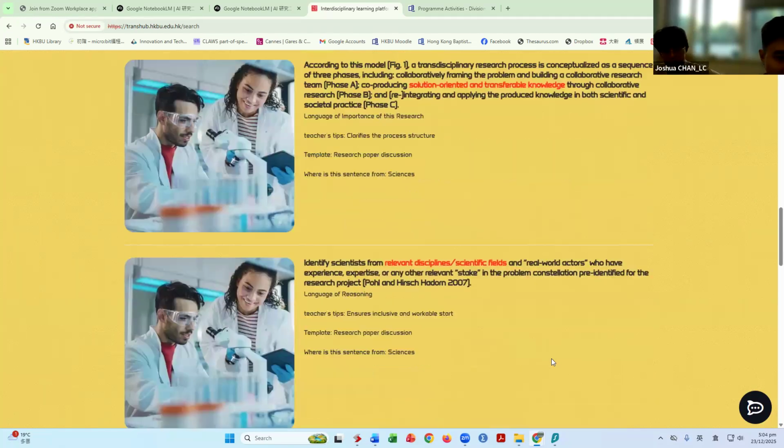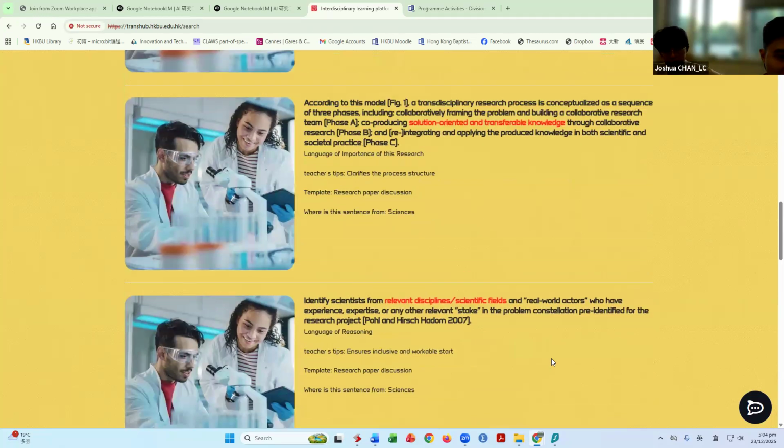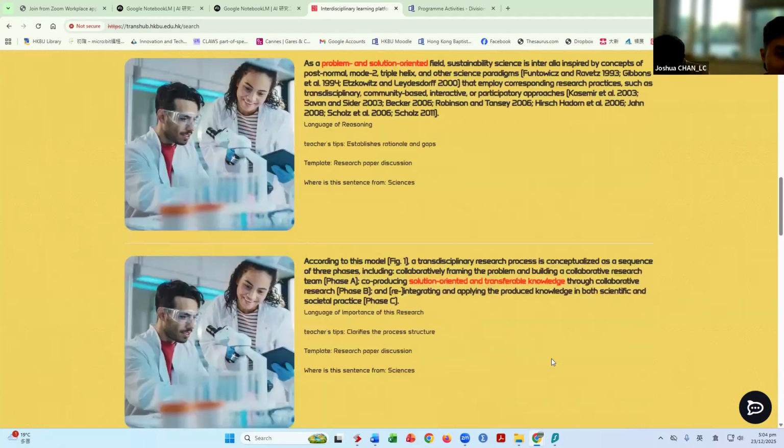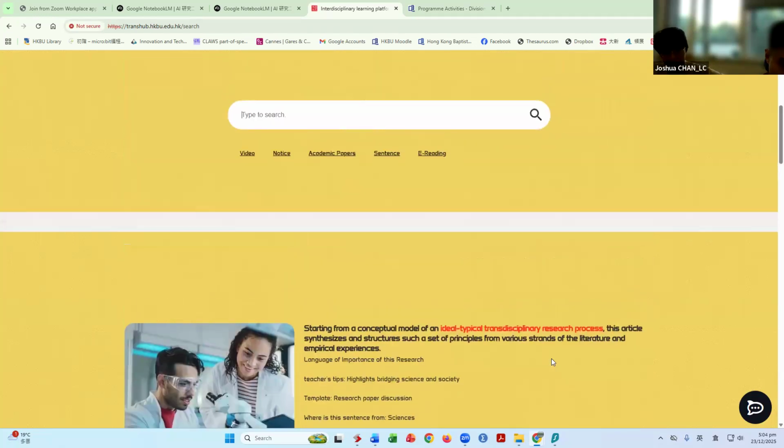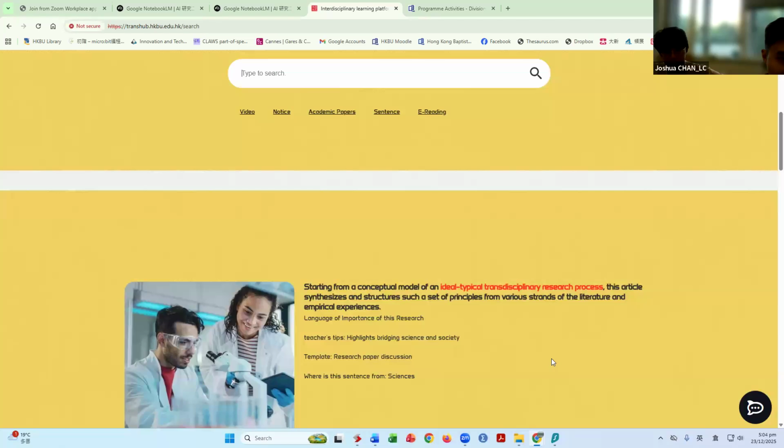reading some articles, and then we want to tell students that there are actually some sentences which are very useful for writing this kind of mixed disciplinary reports, like how to reason, how to showcase the interesting ideas, how to write methods, how to write contributions. So that's the idea.